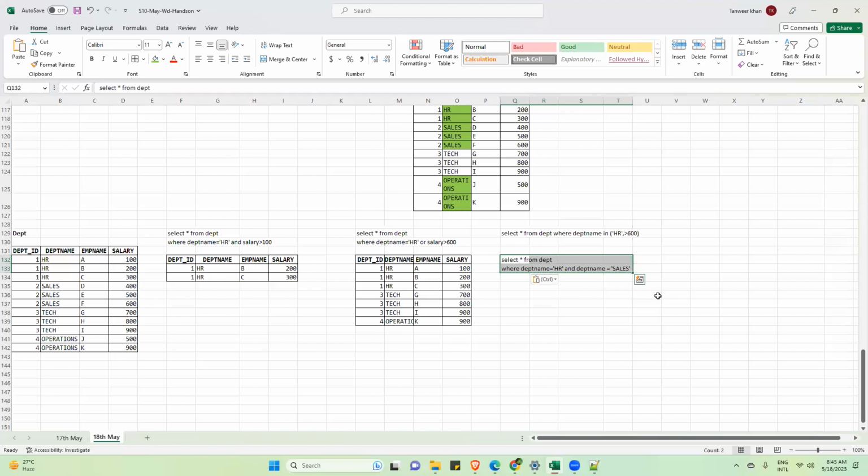Who will tell me the meaning of this query? Employee has to be part of these two departments, as well as sales. Okay, fine. But we cannot filter on a single column, right? Because here in the AND